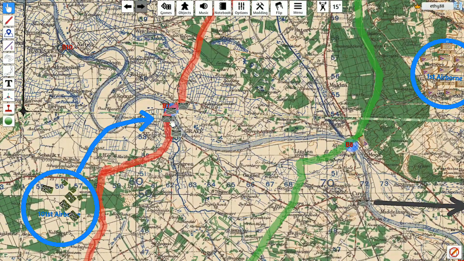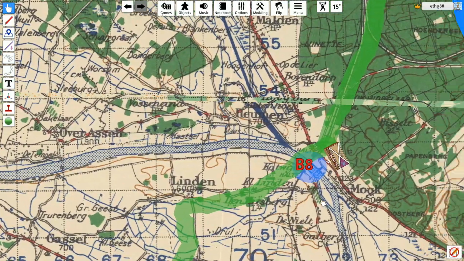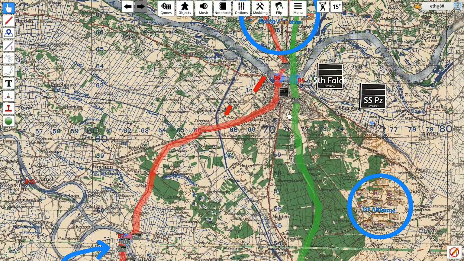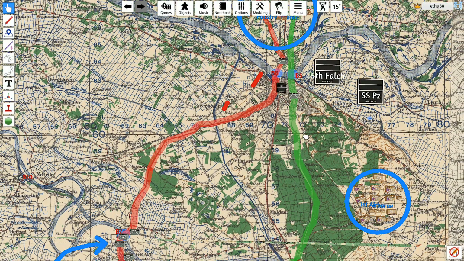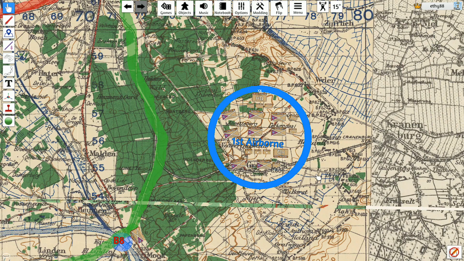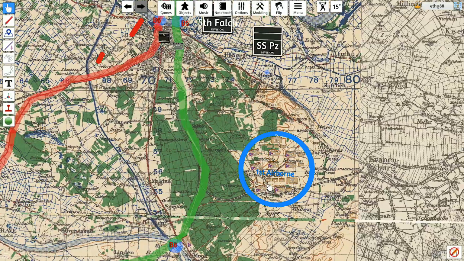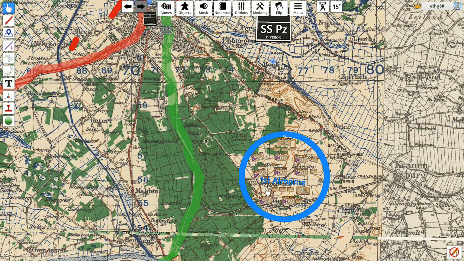Yeah, eventually cross at Grave, and is this Mook? Yes, that is Mook. And link up together at Nijmegen, where they will link up with the 1st Airborne. Now, if you're into your history, even from a minor point of view, you might know that the 1st Airborne